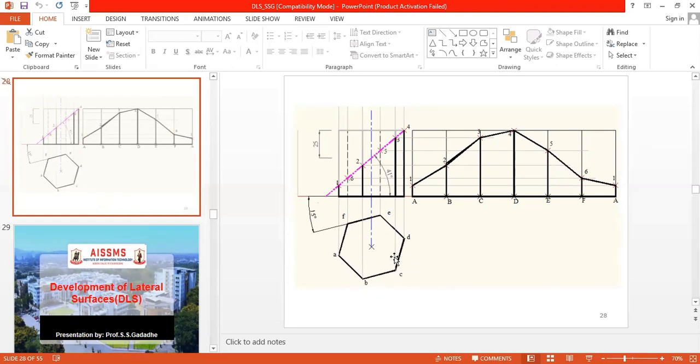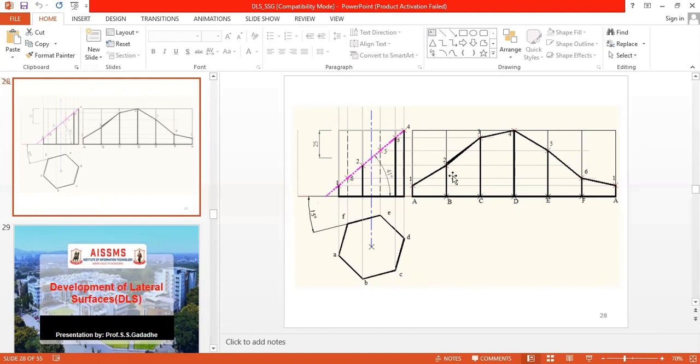When we keep the hexagon like this, we take the vertical lines and complete the front view. In the front view, there is now no coincidence of two edges. If this were exactly parallel to the vertical plane, then F and B would coincide, and E and C would coincide. But since the angle is given, there is no coincidence of any edges. So these are different edges. F and E are invisible in the front view. Now the auxiliary inclined plane is given.